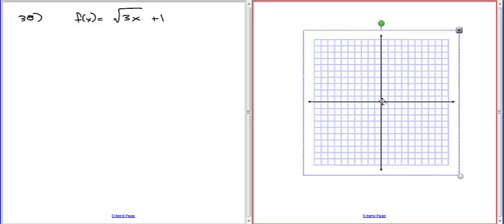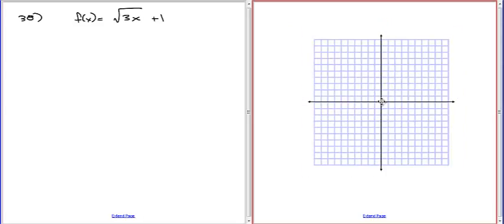So let's try this. So the parent function is just the square root of x. So you start here and you go over 1, up 1, over 4, up 2, over 9, up 3. Okay. Now, does this stretch it or shrink it? Well, it's kind of opposite of what you would think. The coefficient here is the square root of 3, so you have the square root of 3 times the square root of x. And the square root of 3 is a number greater than 1. So that actually shrinks it in the x direction. So you still start at the origin, but what will happen,